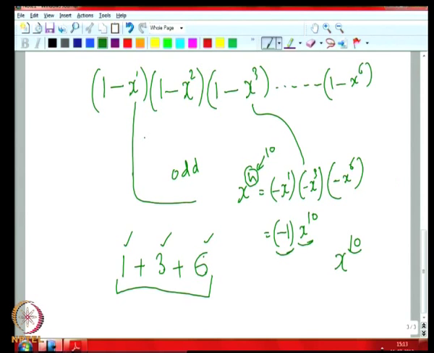So, that means these minus 1 and plus 1s will cancel off. So, sometimes you get a minus x raised to 10, sometimes you get a plus x raised to 10, another time we will get a minus x raised to 10, then we will get a plus x raised to 10. But then the number of times we get minus x raised to 10 is equal to the number of times we get plus x raised to 10, because the number of ways we can partition,